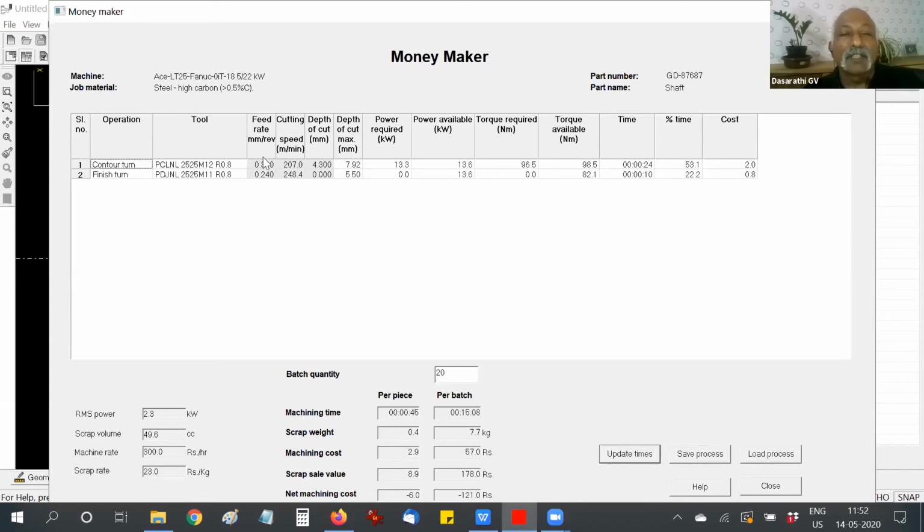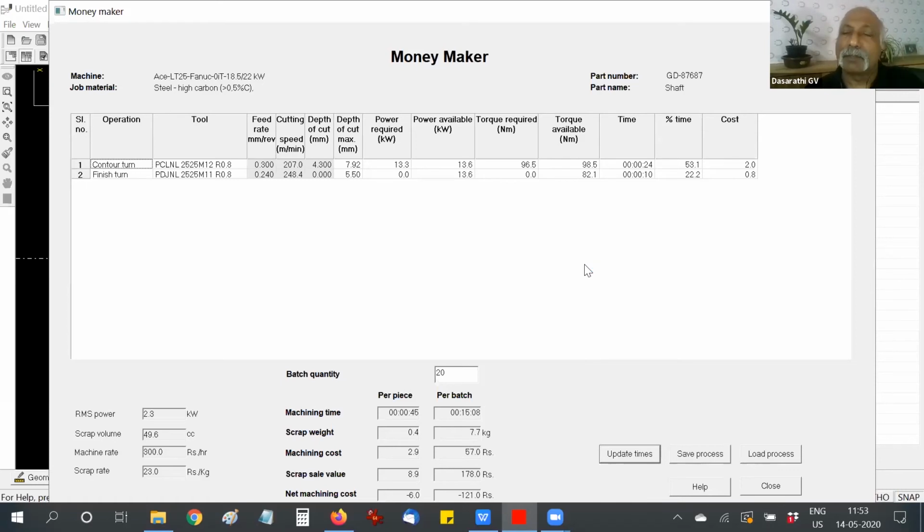Now, we just did it for roughing, correct? But you can also play around with finish. The problem with finish turning is that what do I change? If I change the cutting speed, then I'm going to affect the tool life. If I increase the feed rate, then the surface finish is going to drop. So let's forget about finishing in this part. We're happy. We've done some 25% reduction. We have earned 25% more money through just playing around with the first operation, which is the roughing operation.